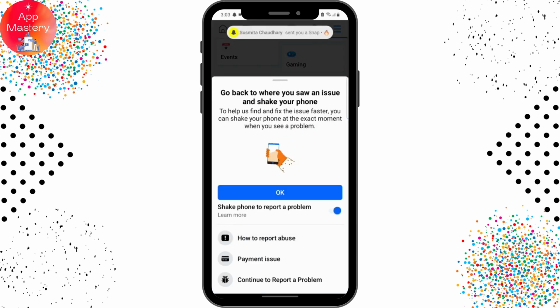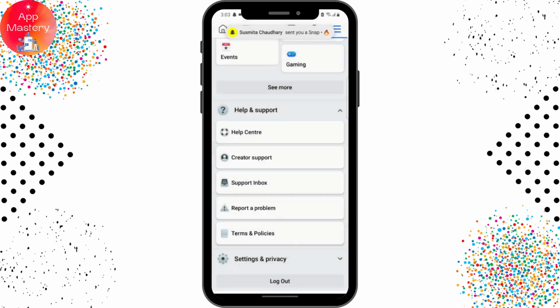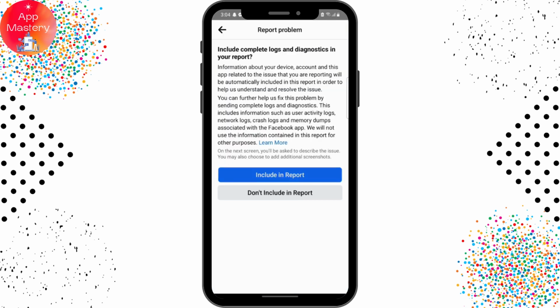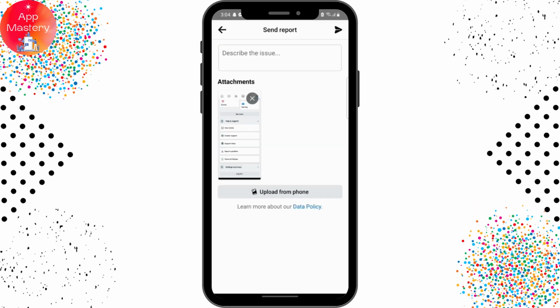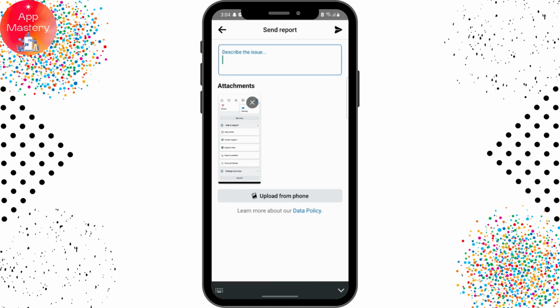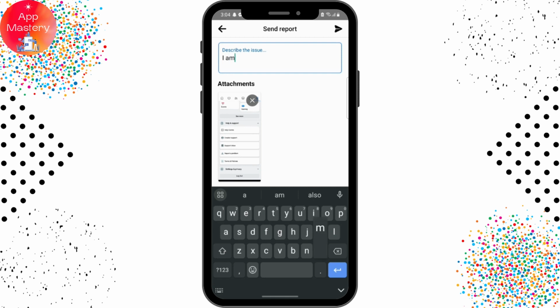You have to go for continue to report a problem at the bottom, and here you just have to go for include in report, and select a topic for the problem. You can select any of these over here, and you have to tap on the text box and enter your issue. You can tap and write that I'm unable to